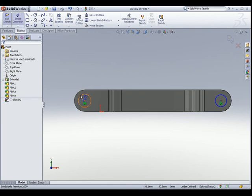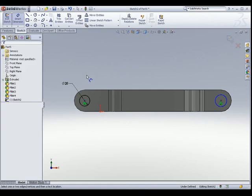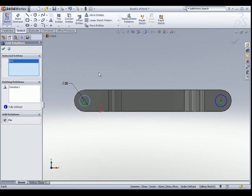Now, we can add a dimension to one of these circles. Just click on the dimension tool, click on the circle, and place our diameter dimension. So for this case, this is a 20mm circle. There you go. As you can see, as I change my dimension, the sketch will update as well. Now, how do I tell the software to make these two circles of same radius? To do that, all we need to do is go to this button here and select Add Relation. Well, earlier I mentioned that our purpose in sketching is to constrain the sketches. We have done so with